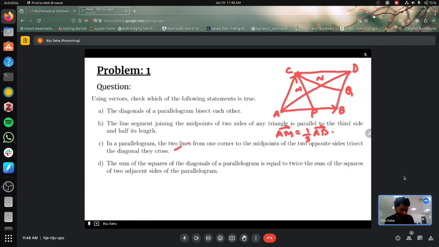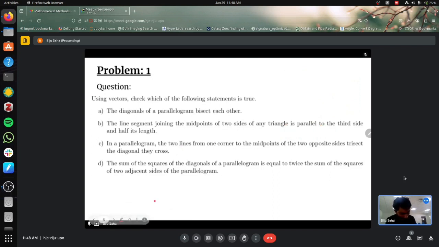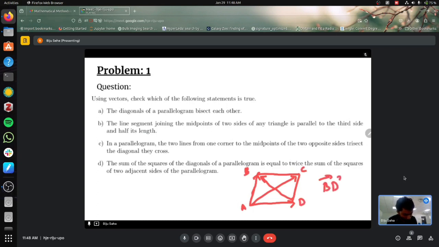And then the next statement is that again we have a parallelogram. So in this statement we have to prove something about the sum of squares of the diagonals of a parallelogram. So let this be one of the diagonals and let this be the other diagonal. So we have to prove that BD vector square plus AC vector square